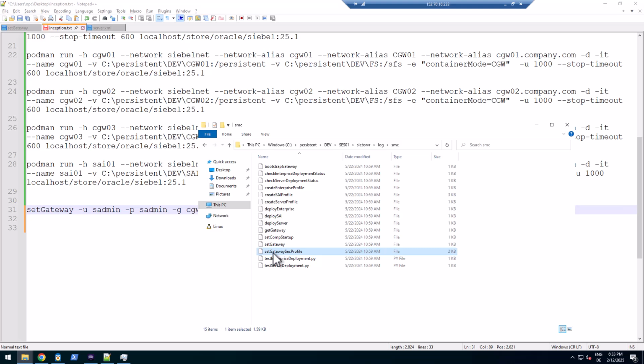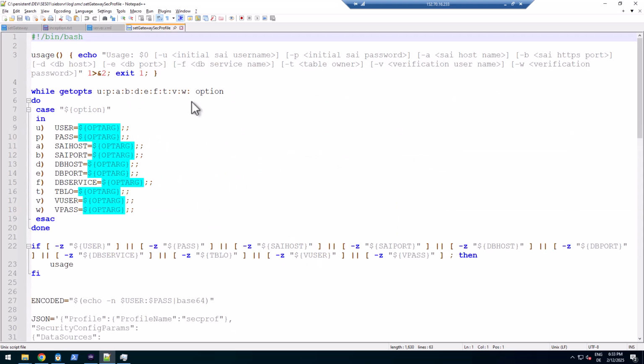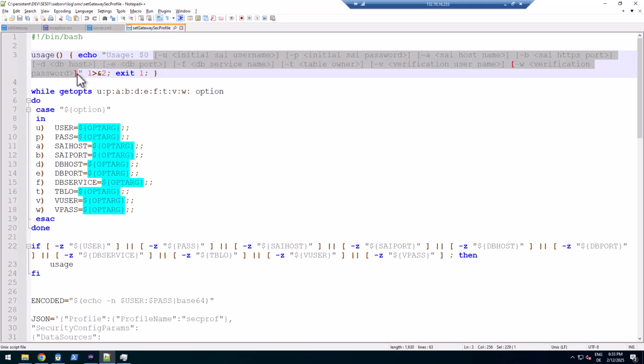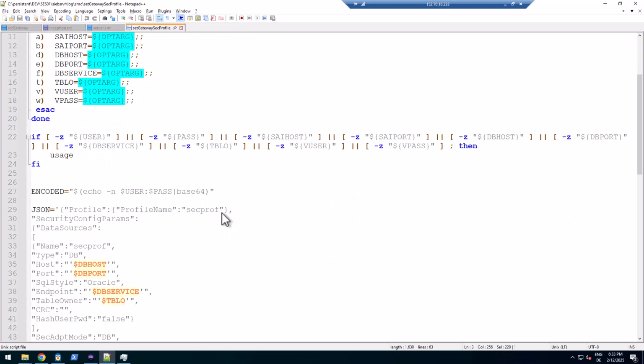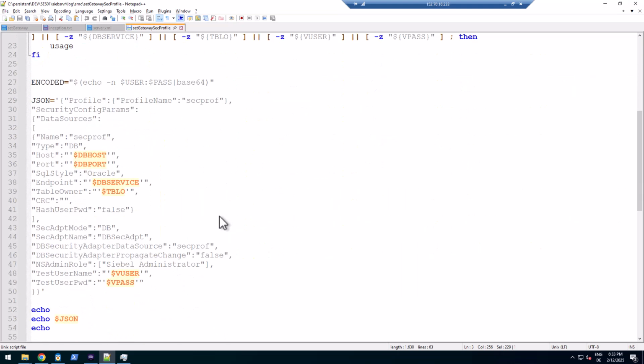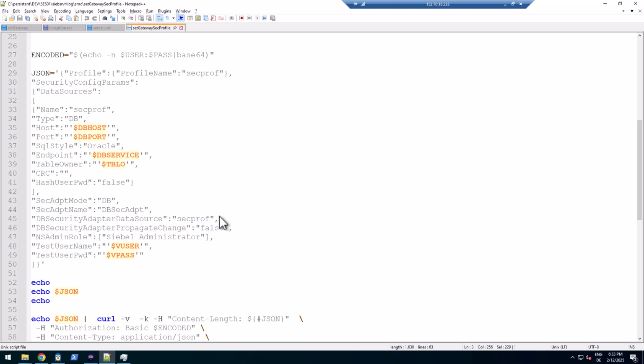So let's just open this one and grab the usage here. There's a lot of stuff here. That, of course, uses one way of setting up a security profile. If you want different stuff, you can do it differently, but it uses the standard,